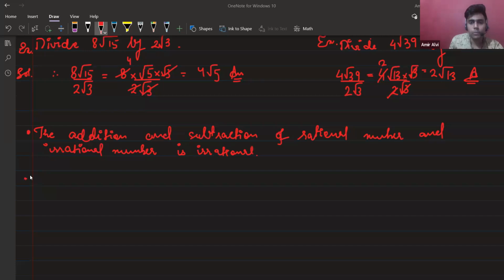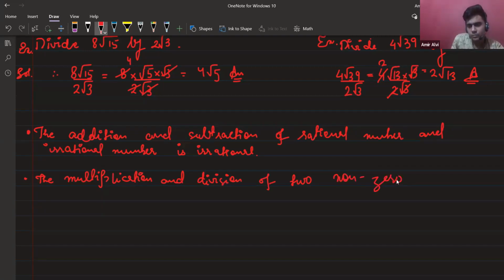Second point is the product or quotient of non-zero rational number, the product, the multiplication basically, and division of two non-zero rational number can be numbers with